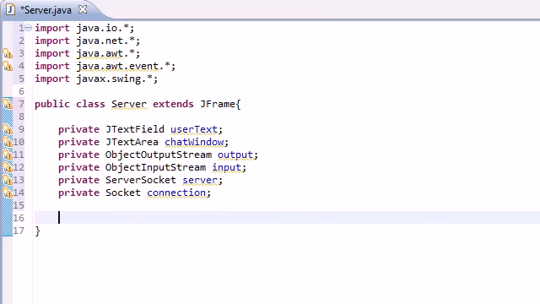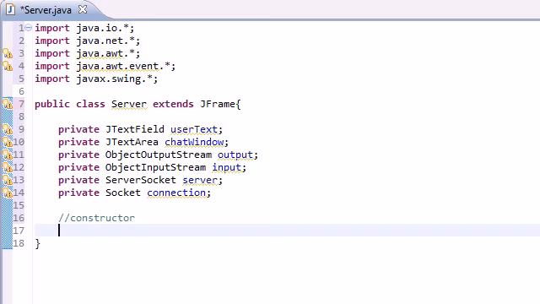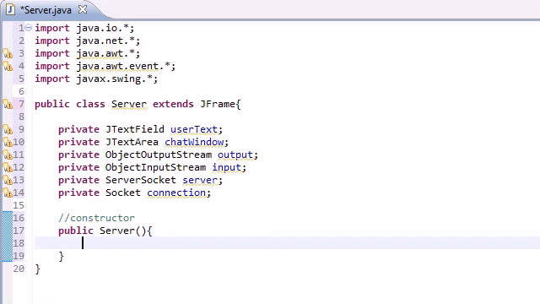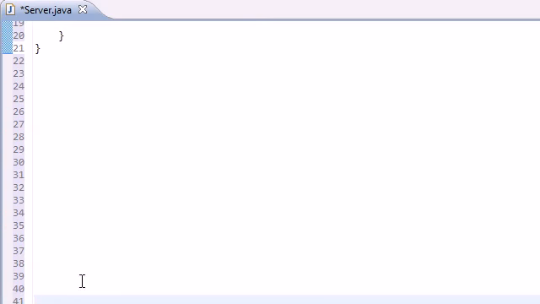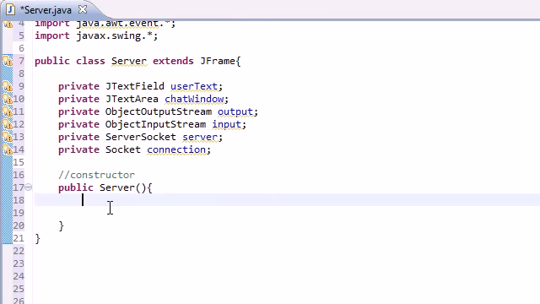So anyways, let's go ahead and set up the GUI, and of course, if you watch any of my tutorials, we do this in the constructor. So the first thing we need to do is make a method that's the same name as our class, and this class is server. And let me give myself some more blank lines so you guys can see a little bit easier. Alright, so public server. So the first thing we need to do is add a title at the top of the window,